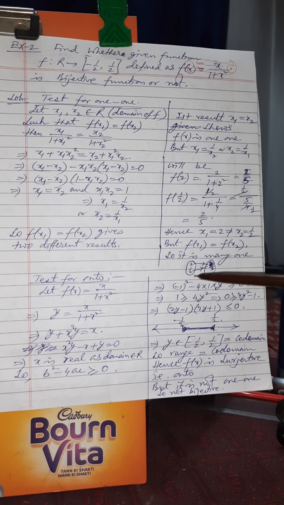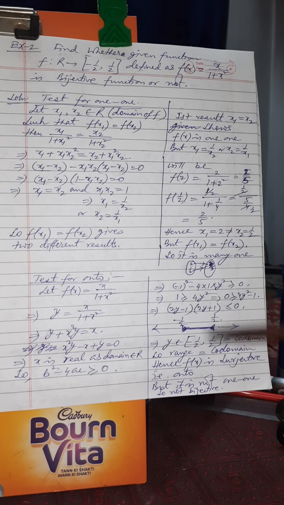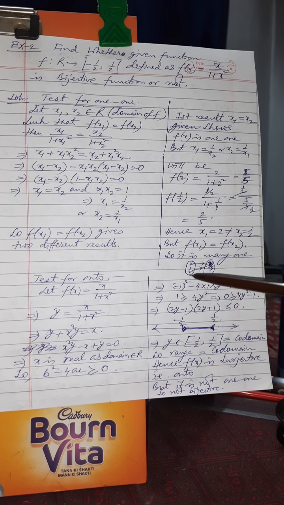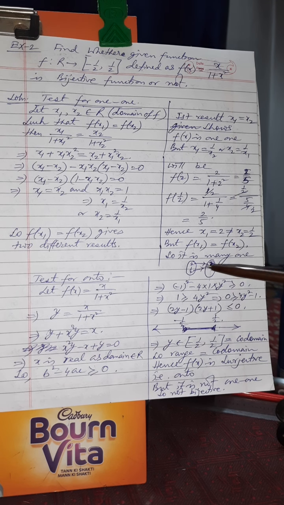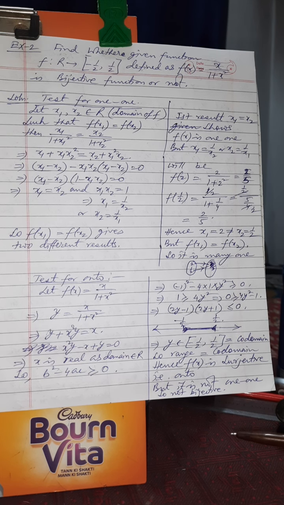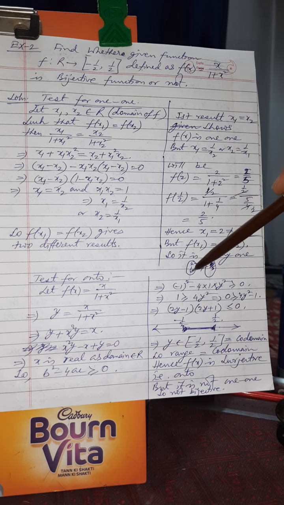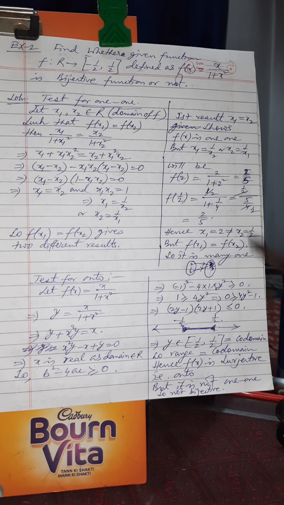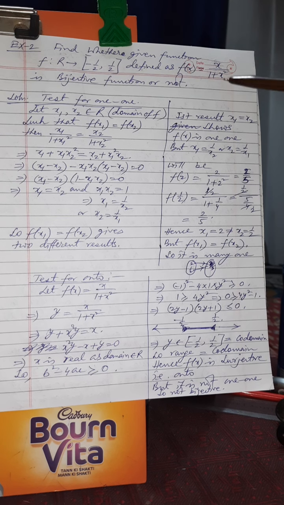Pictorially I have explained this over here. In this capital A, if you are taking 2 and 1 by 2, and a single element is written over here, there may be many elements over here, but in order to explain this particular thing, I have taken only 2 elements here and one single element over here. So there is one arrow starting from 2 and one from this 1 by 2, and they both converge at 2 by 5. So this is the case of a many-one function. So in this case we can say that the given function f(x) is equal to x divided by this is a many-one function, not a one-one function.